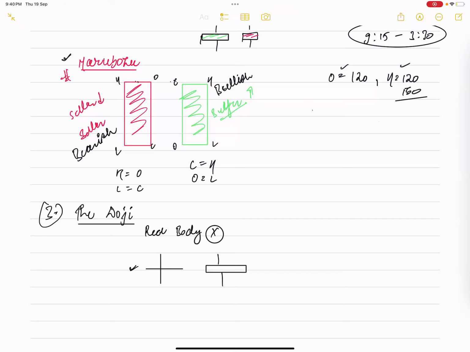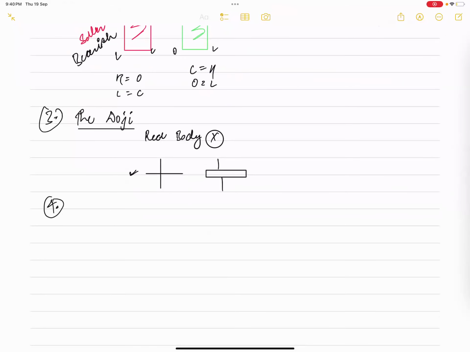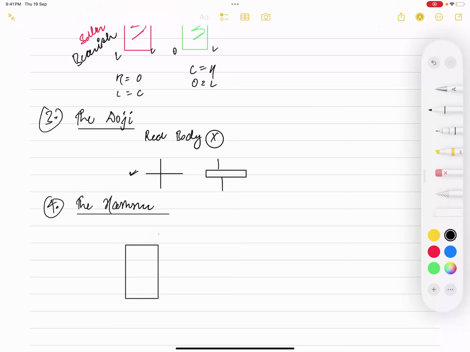And the next pattern that forms is the hammer pattern. So hammer आपको पता है क्या कैसा दिखता है. Hammer is like ऊपर एक बड़ा सा कैंडल और नीचे पीछे वो है. So it is like that. If it's a hammer, it'll be like this. This is the candle. So if it's a hammer, it will be like this, and this will be the wick. So it'll look like this.